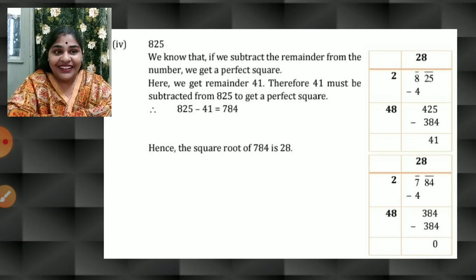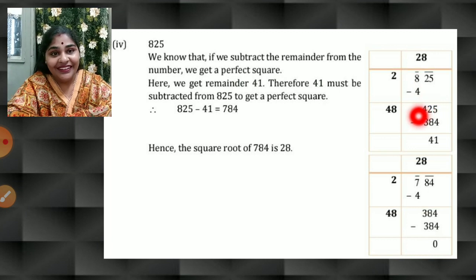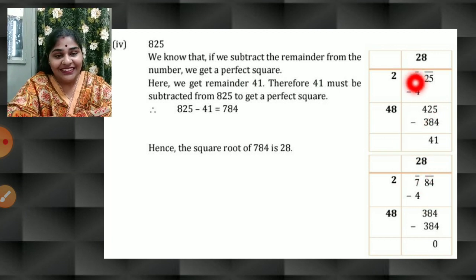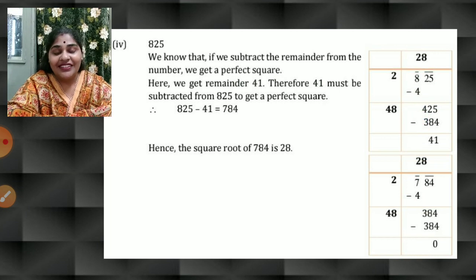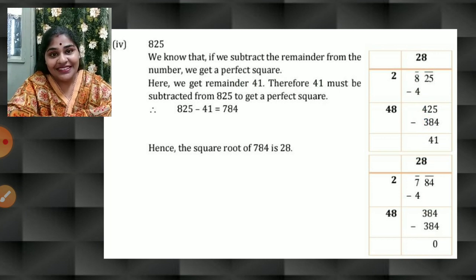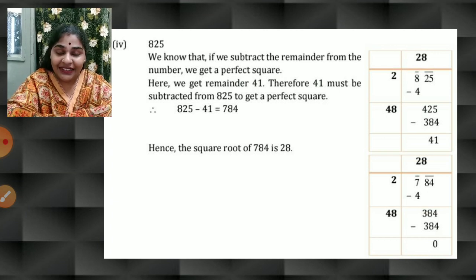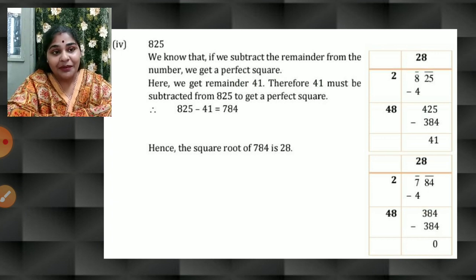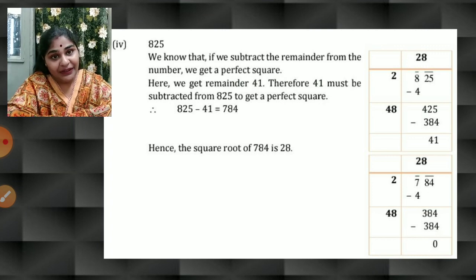So the fourth one, again it is 825, a 3-digit number. How to pair it you know already. Now I am not going to explain. These two sums at least you will solve on your own, and then you can check your answers in the video lesson. So it will be a test for you, and you will get the concept very thoroughly. So the division method is very important in this chapter for integers as well as decimals.